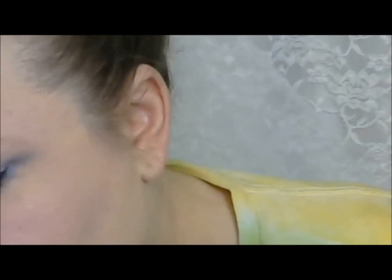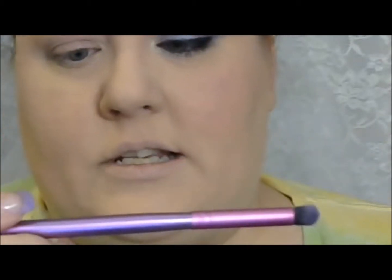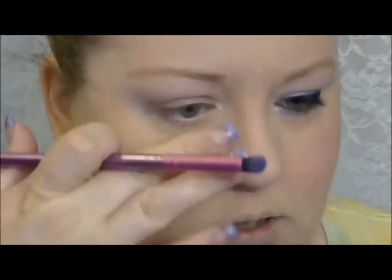And just to make sure the outer corner is nice and soft, I started with the outer corner and the crease and the lash line using a pencil brush. And for those of you that like these little brushes, these are from BH Cosmetics. I think they're the Party Girl brushes. Don't mark my words. But I'm going to pick up that first dark blue